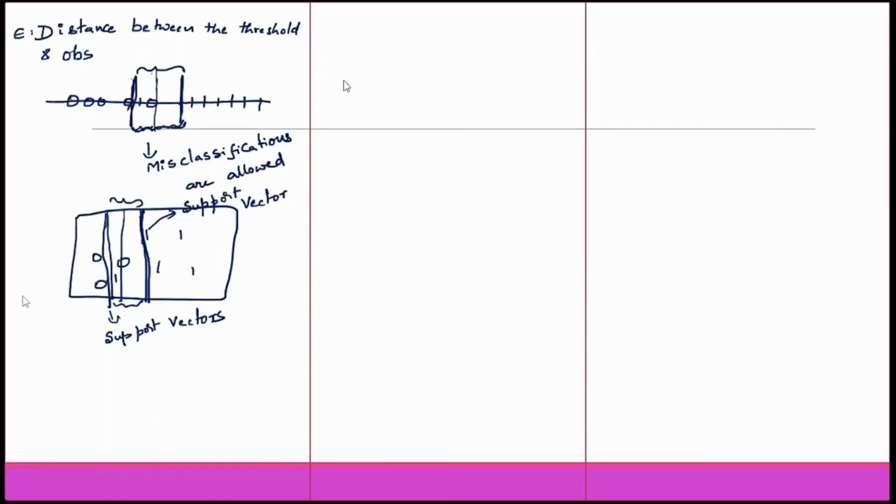So the data points are typically called your support vectors, right? Basically, this is a data point, an x1 and x2 combination. So the data point is typically called your support vector. Okay. So between these two support vectors, you have